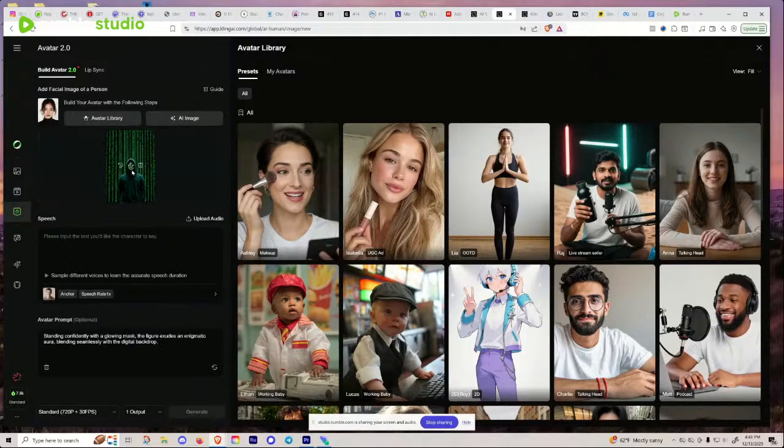But because now he has a face, I think I might get rid of the nose. I don't know if he needs the nose. And a lot of times, like AI robots and stuff, they don't have a nose. So I think I might get rid of that. But anyway, I'm just going to try it and see what happens. I'm going to make him say... let's just do something useful here.